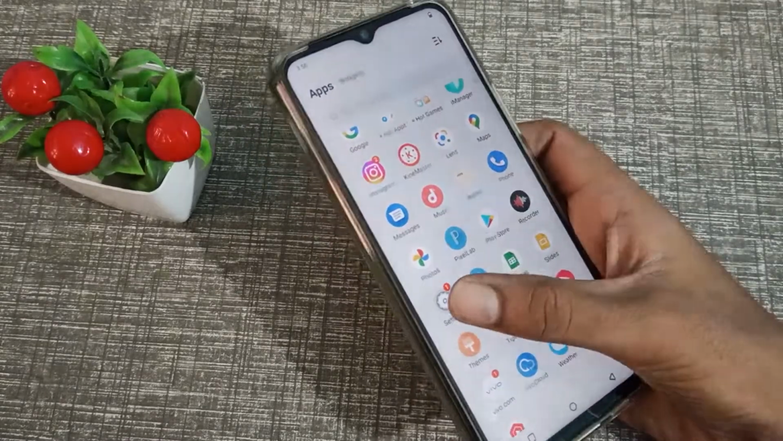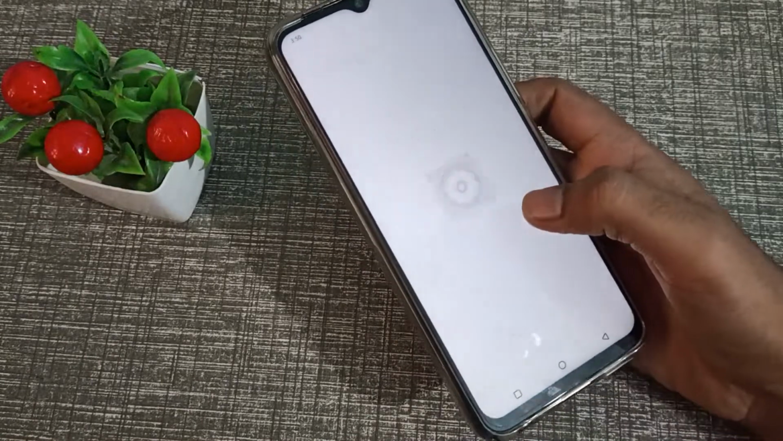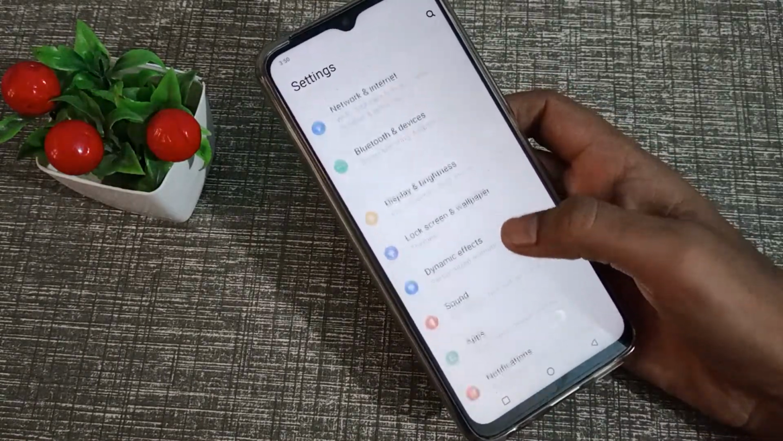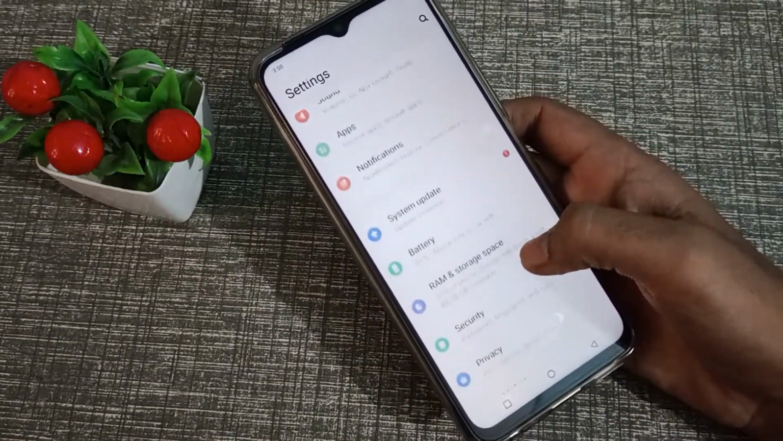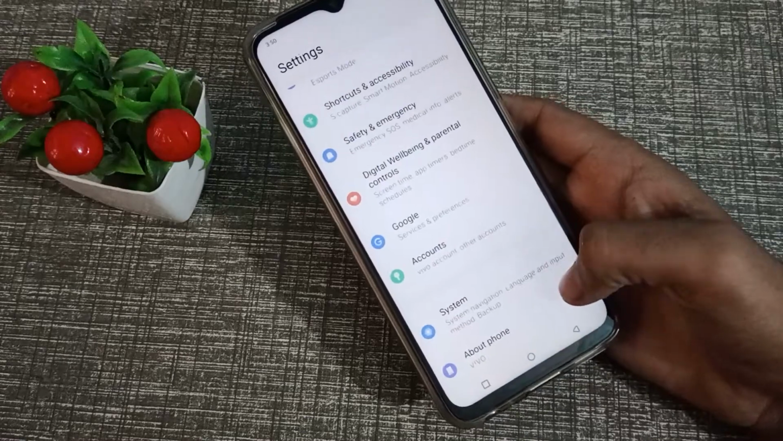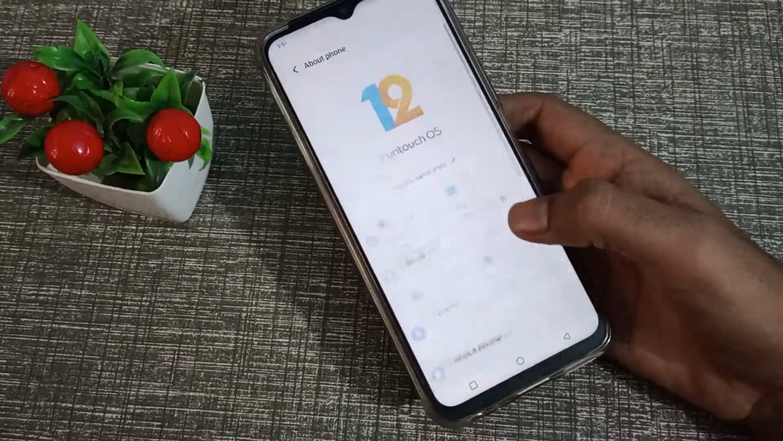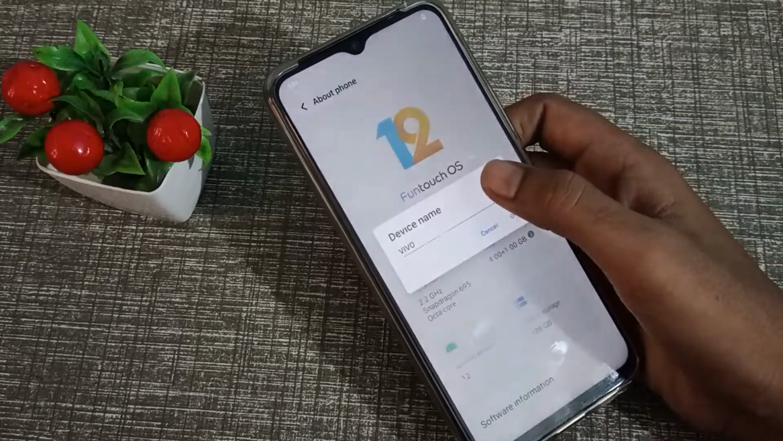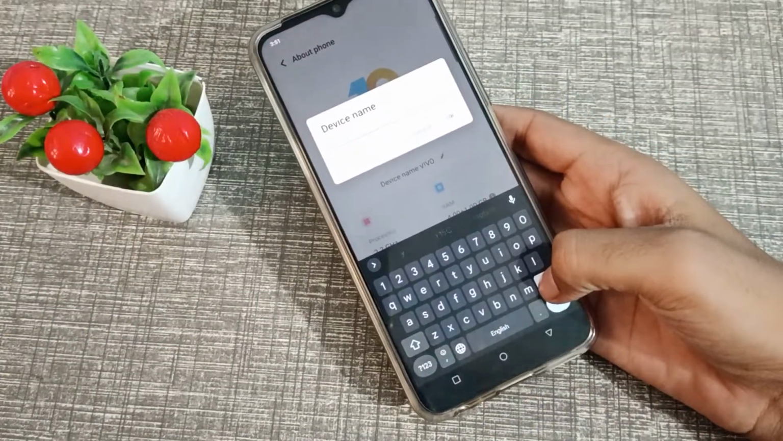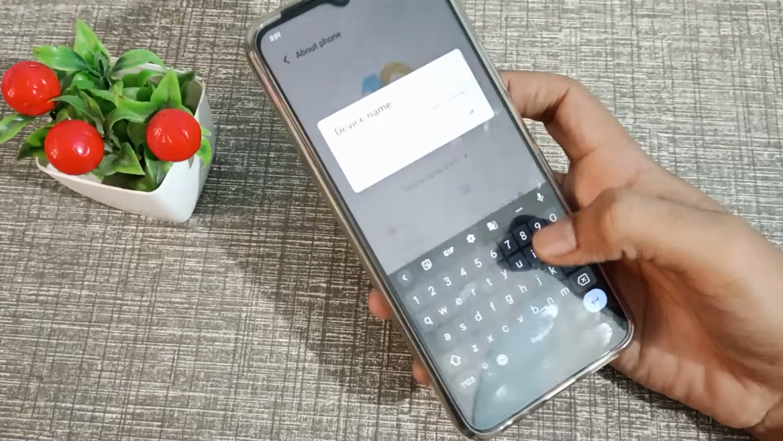First of all, open your phone's Settings app. Then you can see the About phone setting. Click on this About phone setting. Then you can see this pencil option. Click here and tap here, and we will clear it. And now we will set it to something like